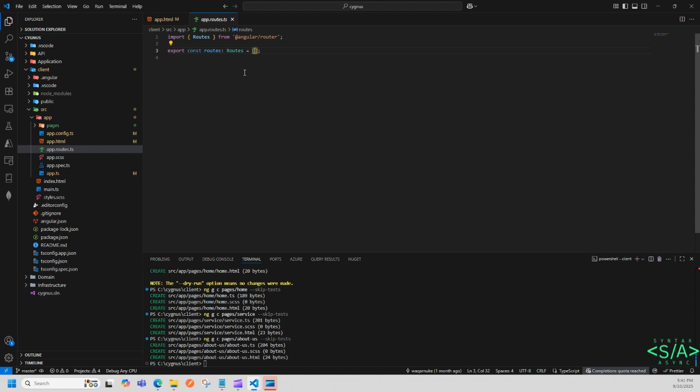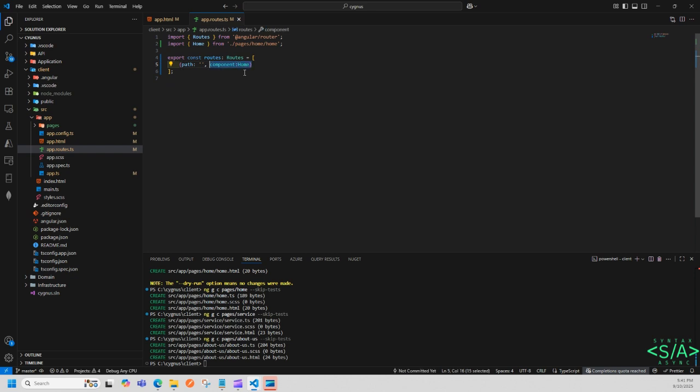So let's open it and open a curly bracket, and we specify path. This is the default component. What was the default component? Home,